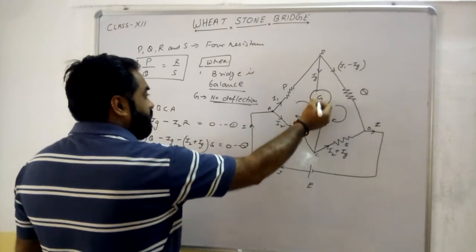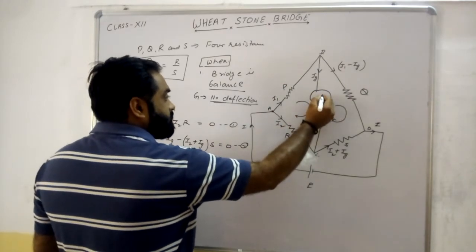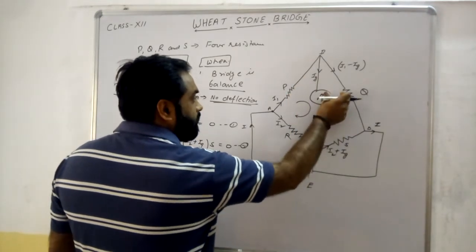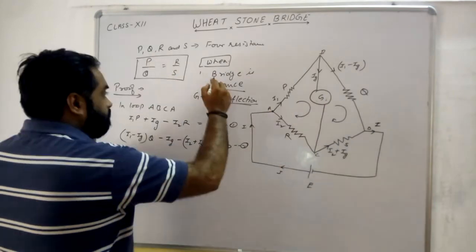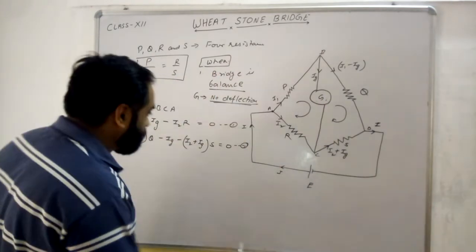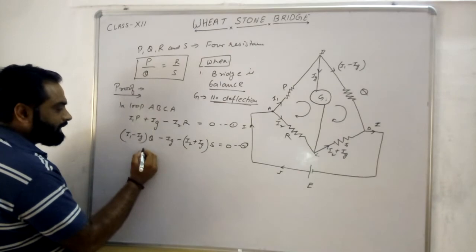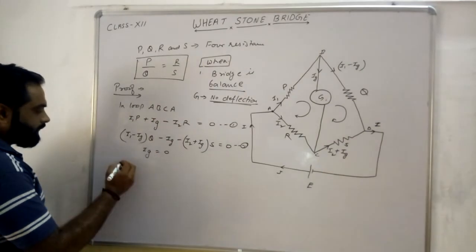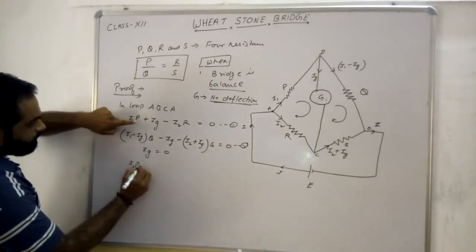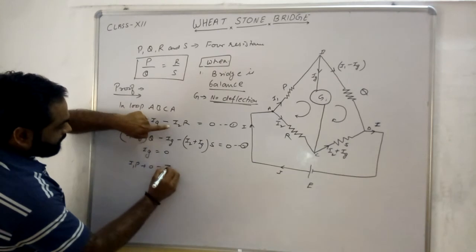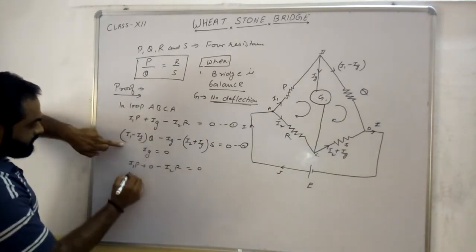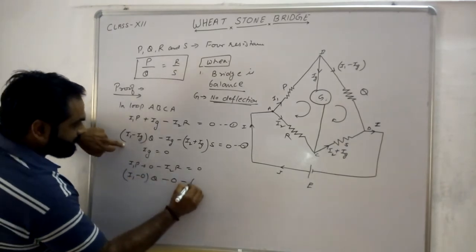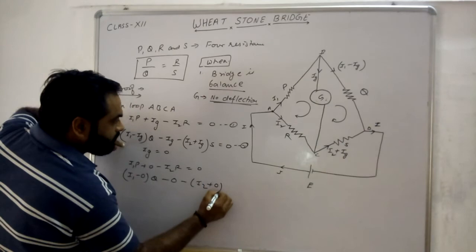Okay, so for the deflection I use this arrow. This deflection means there is no movement neither here nor here. Okay, this is the galvanometer G. So the bridge is balanced when there is no deflection. So here this bridge is balanced, so the value of IG is 0. Putting the value of IG in equations 1 and 2: I1P, this is 0, minus I2R is equal to 0. Number 2 is I1 minus 0, Q minus 0 minus I2 plus 0, S is equal to 0.